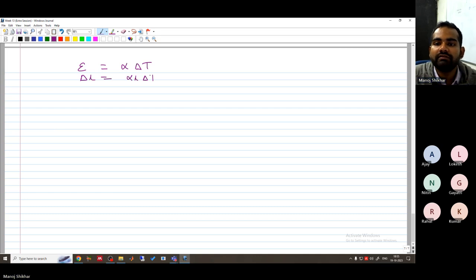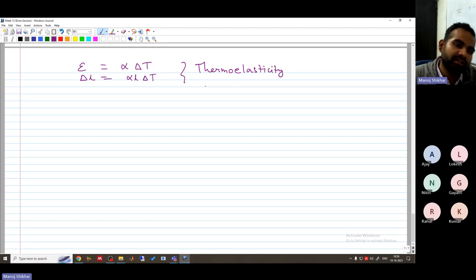Now let's do one problem based on thermoelasticity. So the formula in thermoelasticity is epsilon equal to alpha delta T. Okay. Delta L equal to alpha L into delta T. So these two formulas are mainly used in thermoelasticity. Then using these formulas, you can find the stress by multiplying E into epsilon and so on. Okay. So the question is,